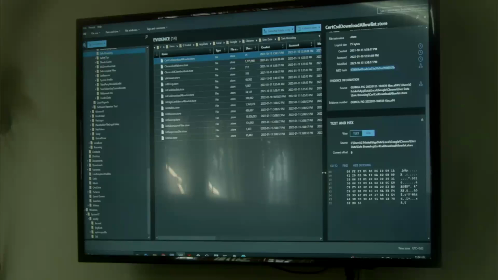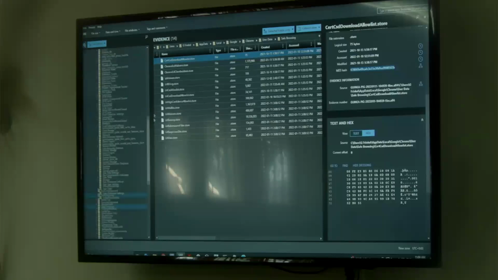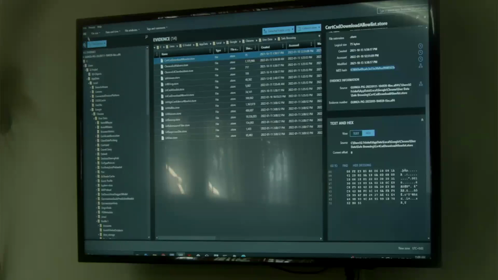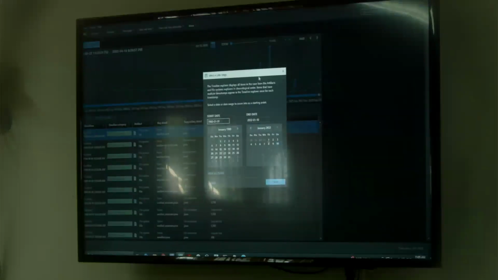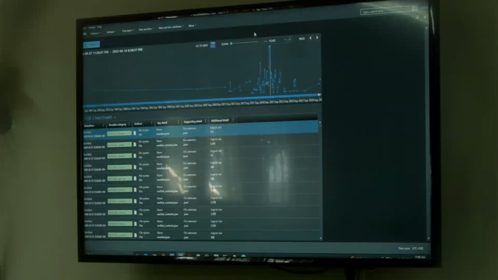So what do we do now with all this data? Now that we have all this data extracted, I want to place it into, and I'll go back into the artifacts view, a timeline, right? Now I'll go ahead and click OK. And now from all the data that I bookmarked, I can go in here and say,